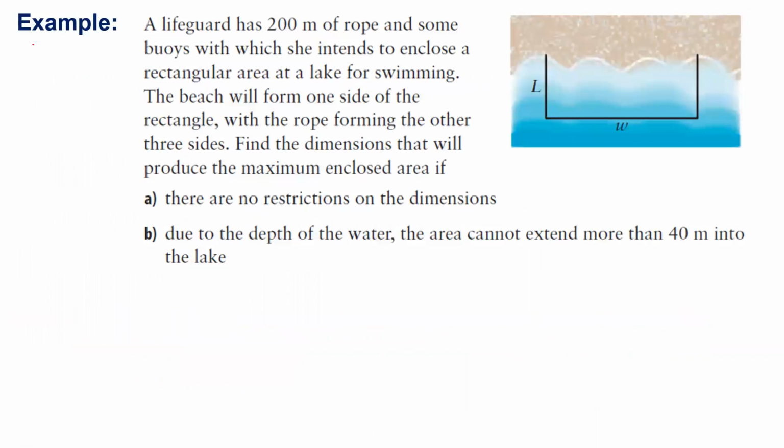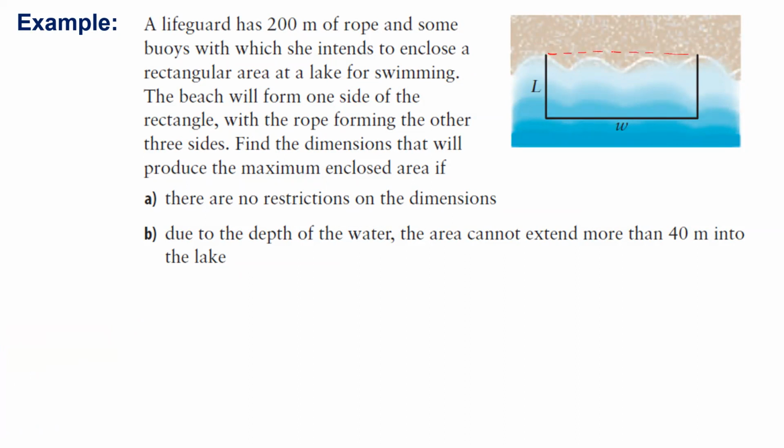Okay, let's see this example. A lifeguard has 200 meters of rope and some buoys with which she intends to enclose a rectangular area at a lake for swimming, as shown here on the right. The beach will form one side of the rectangle. That means here,